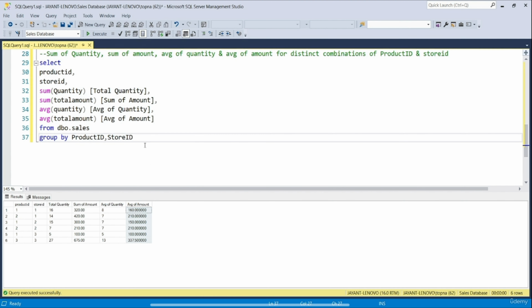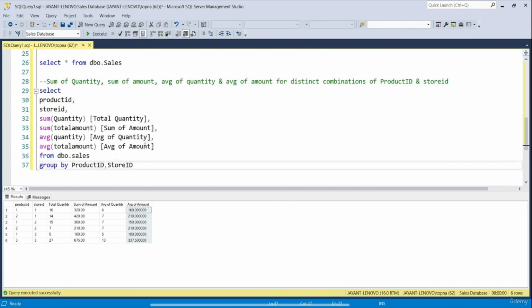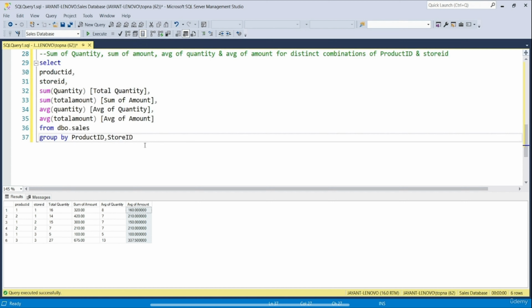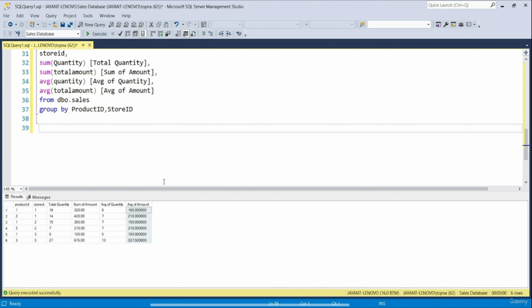Right? So in that way, we can use sum function and average function along with the group by clause. Now let's discuss the count function as well. So again, I will write a simple select statement to see the data that we have. So we can simply write select star from